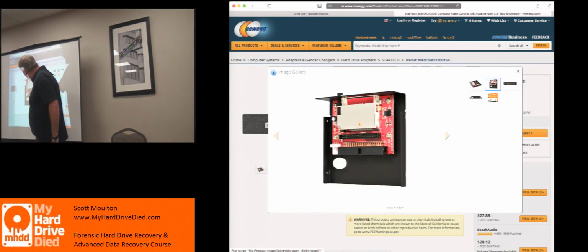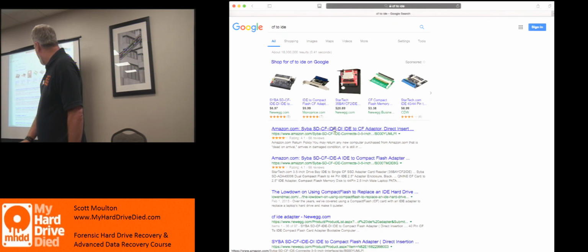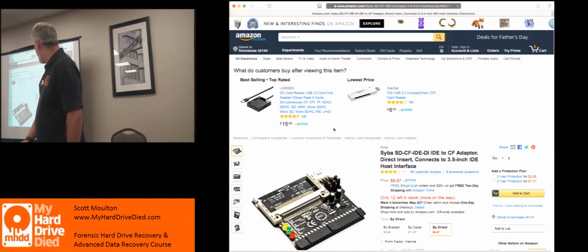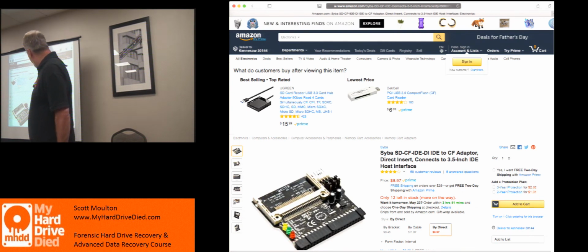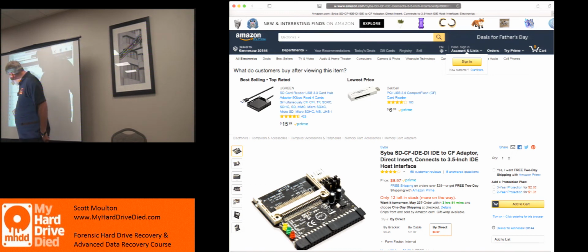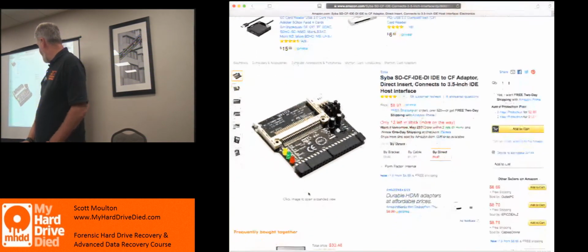See, this comes out. Look, there's not really hardly anything in between it. What's happening is you plug in your compact flash, and then it comes back out as an IDE adapter. They make simpler ones than this, but that's what you're looking for: any of these that are compact flash to IDE adapters. These have jumpers for some different versions, but you can even see master, slave, everything. It's exactly the same as a regular drive.